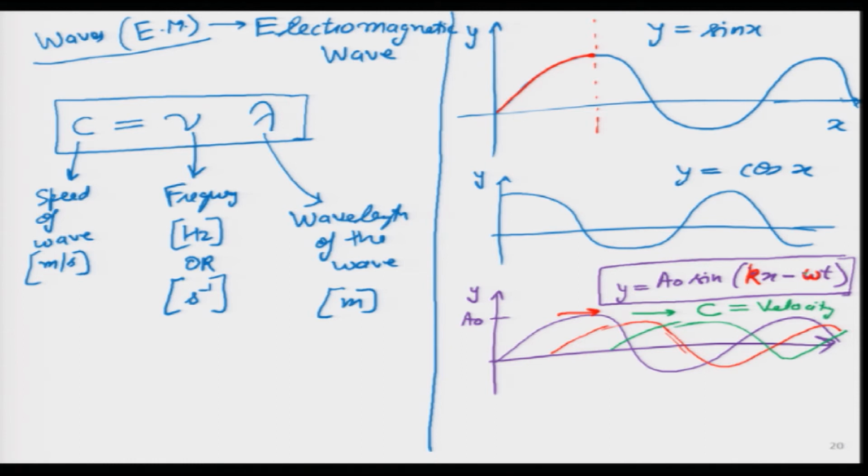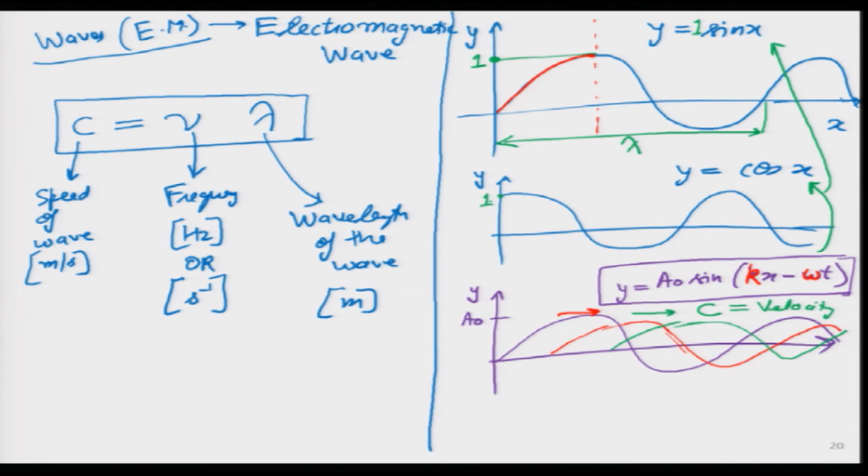What it means over here, if I make omega 0, then what happens? Then this wave becomes stationary like this. So, these two are stationary waves, okay? And this is a moving wave over here. Now, I should have defined earlier that this is the wavelength of the wave, lambda, and this is the amplitude over here. So, when I am writing y equals sine x, I am assuming there is a 1 over here. So, the amplitude is simply 1.